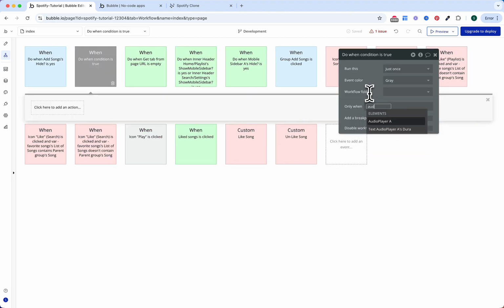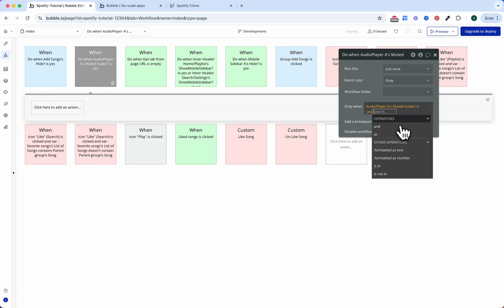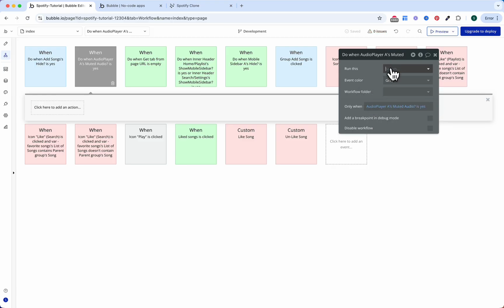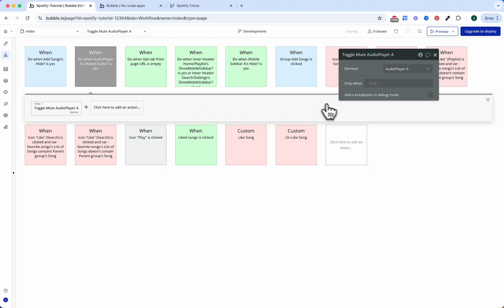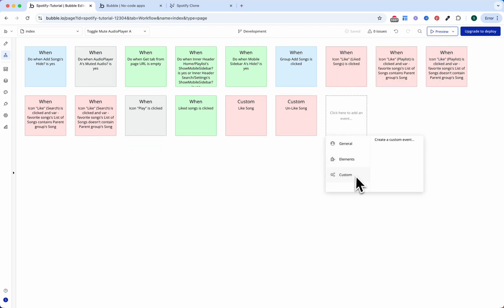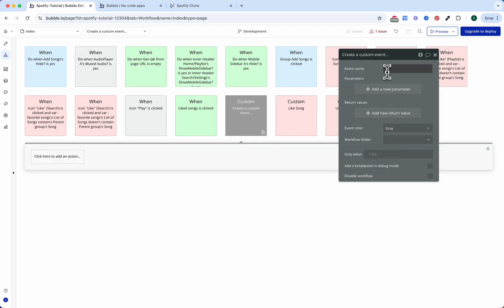So when this audio player muted audio property is yes, and I want it to run every time that this expression is true, and I want the action here to be toggle the mute audio player action. So when it's muted, it will just automatically unmute it. Now I'll go ahead and configure a custom workflow, and this workflow will be activated every time we want to